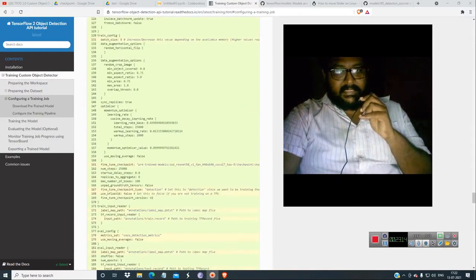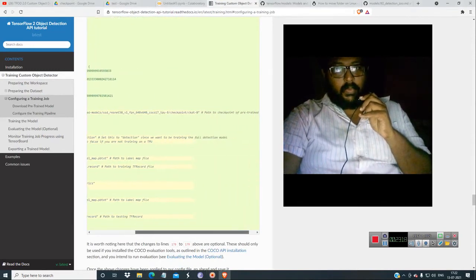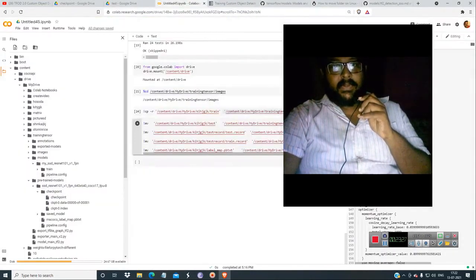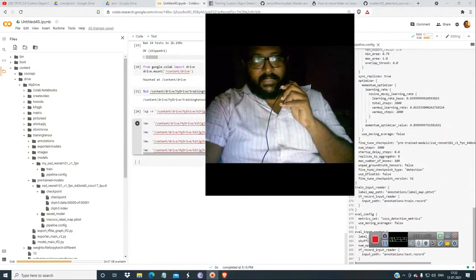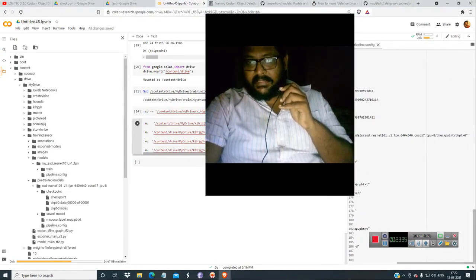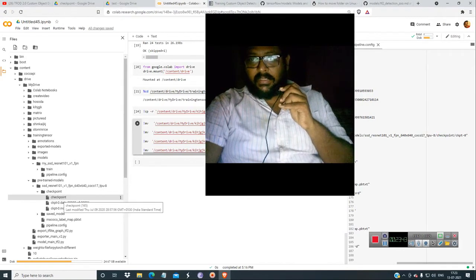Then just come down over here and go to CKPT, TPU CKPT 08. So this is checkpoint CKPT 0. It would be, I think, this one or that one, I don't know.